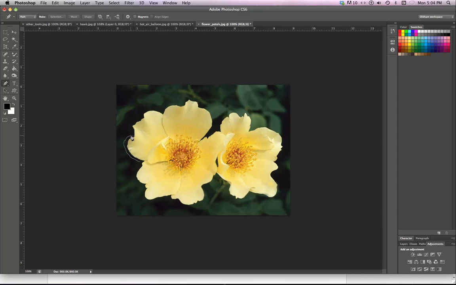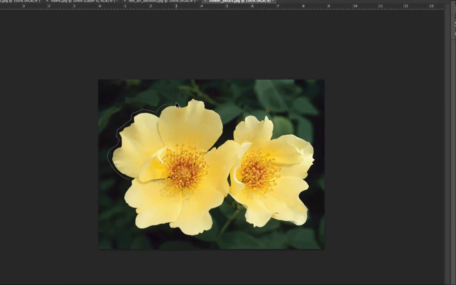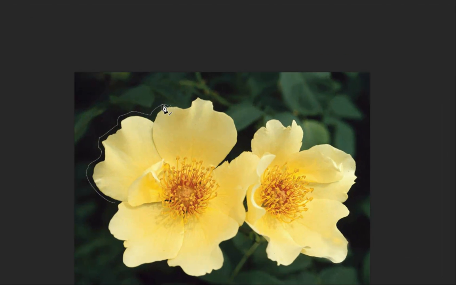And if you don't get it all the way around, it's probably okay. I'm just going to try to leave a little bit of the green. It'll look so much better than trying to put it right on that edge. If you can't make it all the way around, which I ran out of room, just as you roll your pen back up to it, look for that little slash there on the lower right. And that means it's okay to start and add to the path that you already started. And this will create a vector path, much like is in Illustrator,